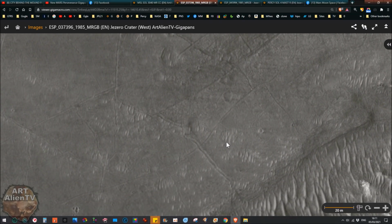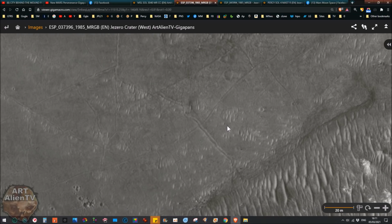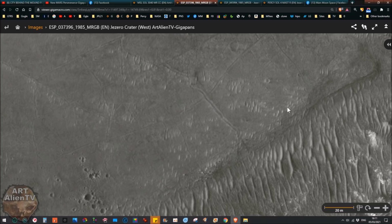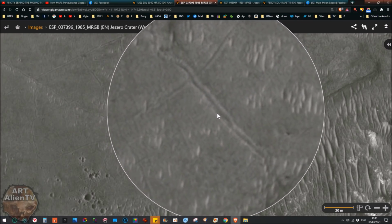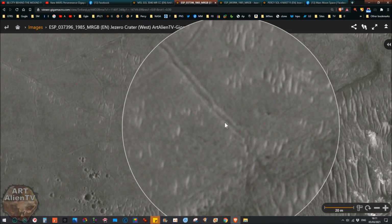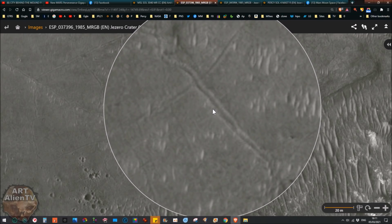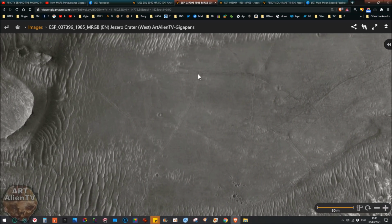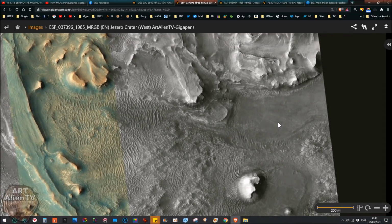I've even been following some of the NASA people on Twitter and other places. I've been spying on them a little bit. And they've been speculating about these, what look a bit like tracks on the ground, okay? These here. Now, if that was just a crack in the ground, why would it have a raised edge either side? That's the point. But they're all over this crater, and you can see them going right up to the northern areas